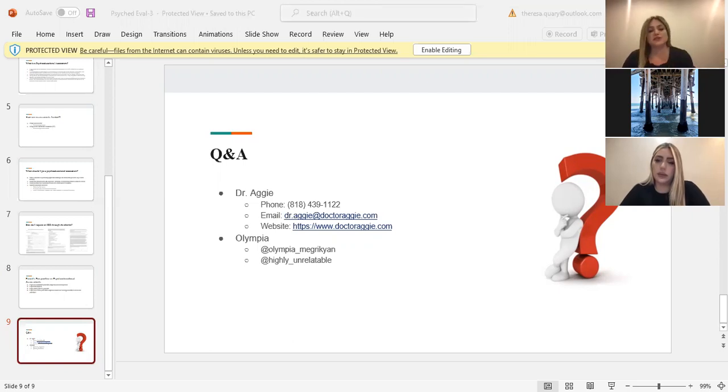Okay, so great question. The assessments are usually done during the week, and usually a child will most likely have to skip school for that assessment, and the assessor can give a letter to the school saying why they are missing school. Now, it's important that it's done during that time and not after school for the most part, because we do a lot of strenuous testing, and the kids kind of have to be at their freshest. We don't want them to come after school when they're tired and have had a long day of learning, and the last thing they want to do is answer questions for us. So it does have to be during that kind of time.